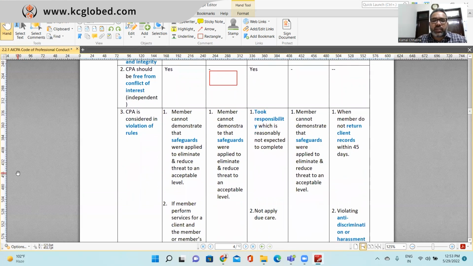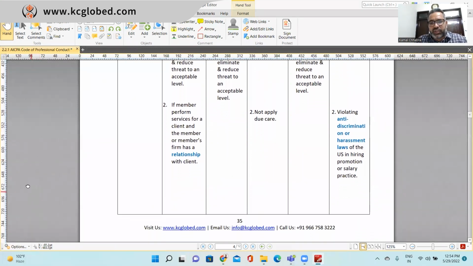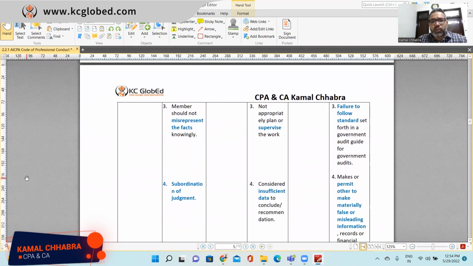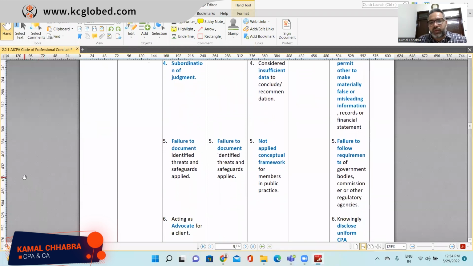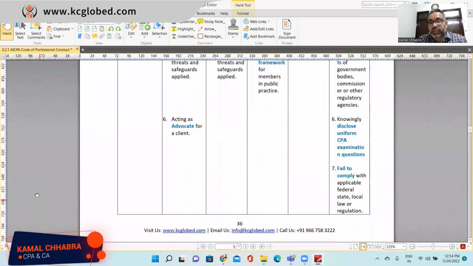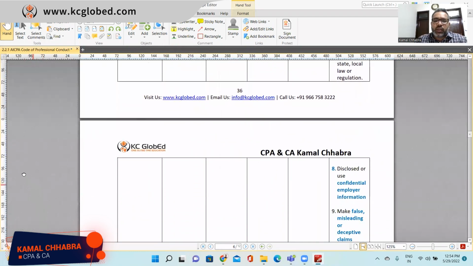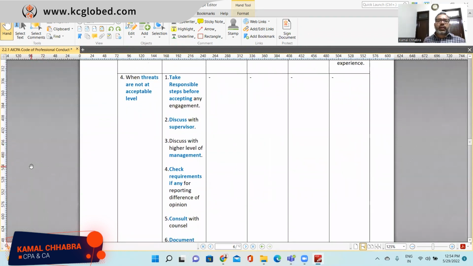Then we discussed when a CPA is considered in violation of any respective rules, right? We discussed safeguards required to be applied, relationship, due care, anti-discrimination, supervision requirement, misrepresentation of fact, subordination, failure to document, all those things, and advocacy, failure to comply with applicable law and regulation, right? So now we are coming to the 4th point, which is when threats are not at